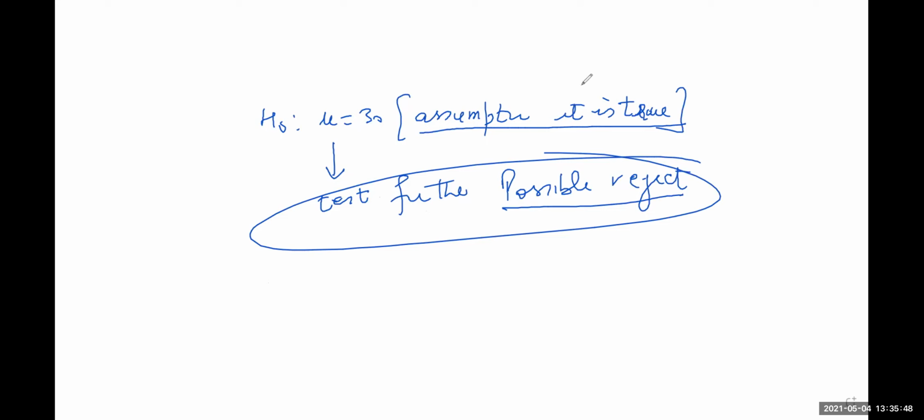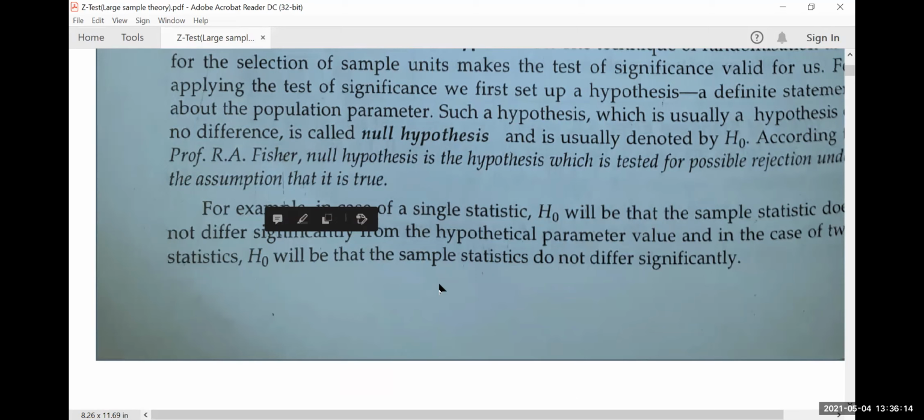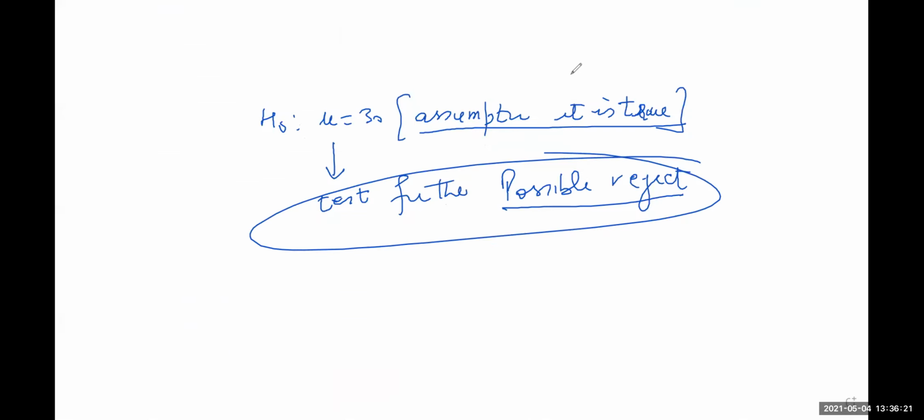For example, in case of single statistic, h naught will be that of a sample statistic doesn't differ significantly from the hypothetical parameter value, and in case of two statistics, h naught will be that the sample statistics do not differ significantly. So what does it mean? They are saying कि हमने इसको क्यों चेक करना है, हम क्या ले सकते हैं अगर हमारे पास सिंगल वेरिएबल है. इन केस ऑफ सिंगल स्टैटिस्टिक